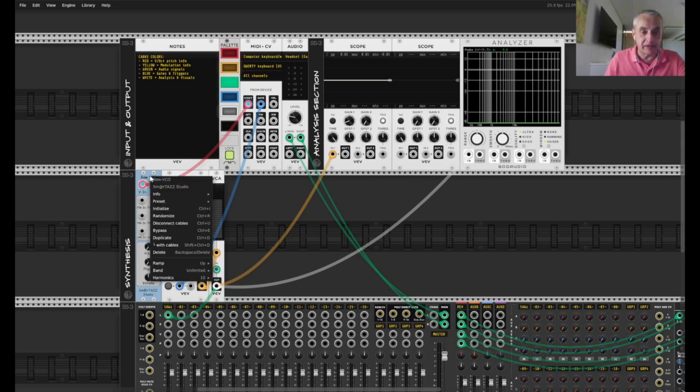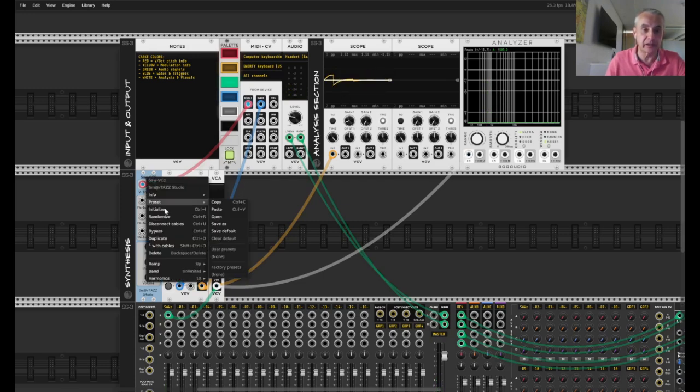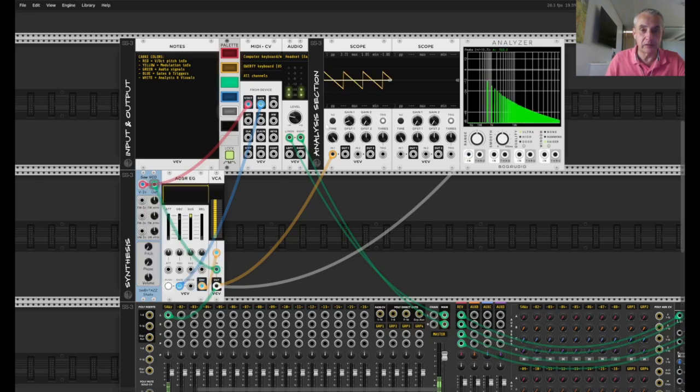So I've added that in the right-hand menu button. So you press the right-hand menu button, you will see three options. First is ramp up or down. That speaks for itself. If we select up, which is the default, you see the ramp going up, and obviously if we go down, it goes the other way around. There's, as far as I can tell, no audible difference